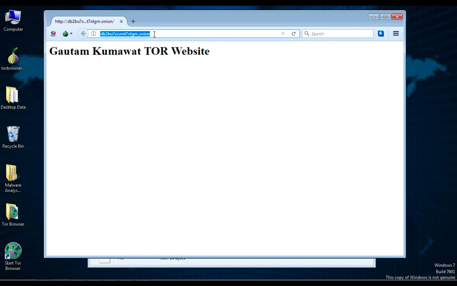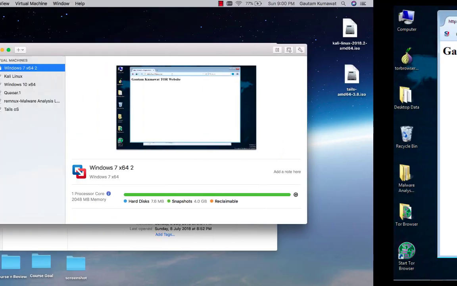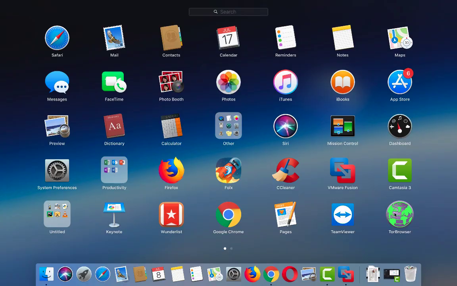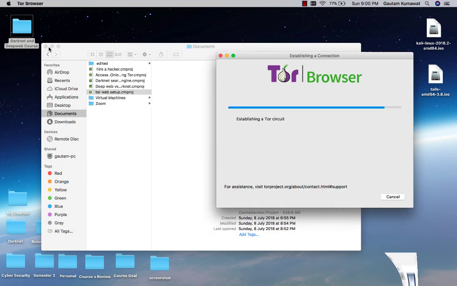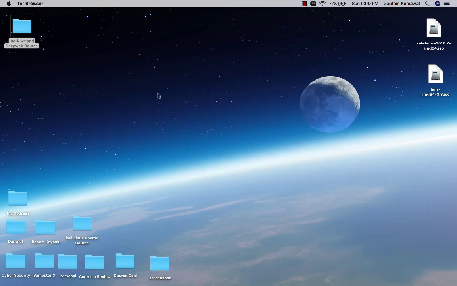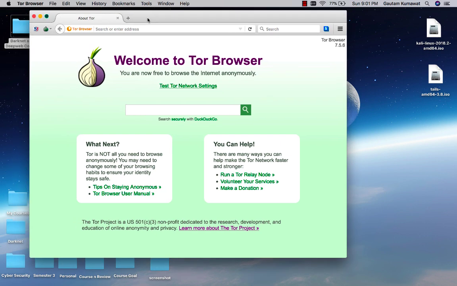I'm going to copy this URL and open it on another machine. Right now I'm accessing it in the virtual machine, and I will try to open this same URL on our main host machine. So let's try. Open your Tor browser here and write down that address.